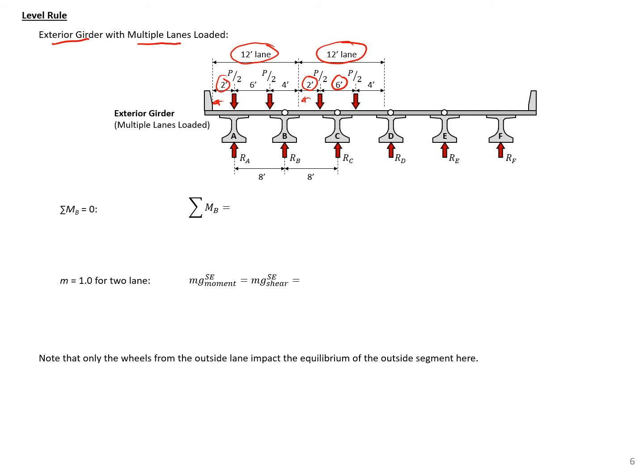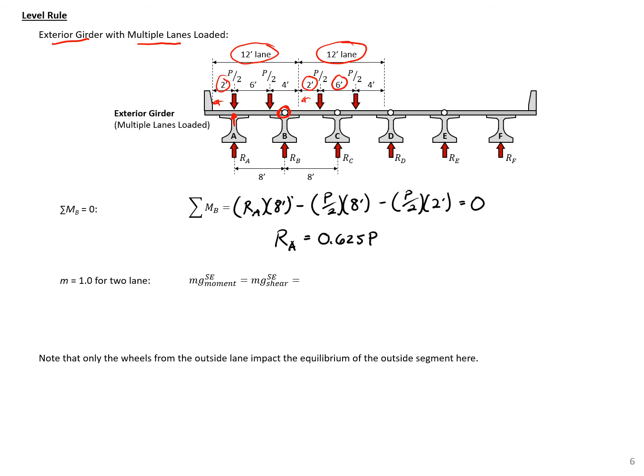So again, we're going to sum our moments about B and find our reaction at A. And remember, we have a hinge here at B. So our moments again will be the same as we found before. So our R sub A times 8 feet, and then minus P over 2 times 8 feet minus P over 2 times 2 feet. And sum our moments, set them equal to 0, and solve for RA. And we'll get our RA equal to